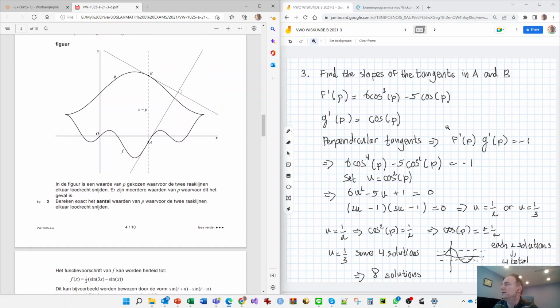Well, this comes around very often here. They're perpendicular if the product is equal to -1. So that's what we do. We multiply the expression of f prime with g prime. So you get a cosine to the power 4 minus cosine to the power 2